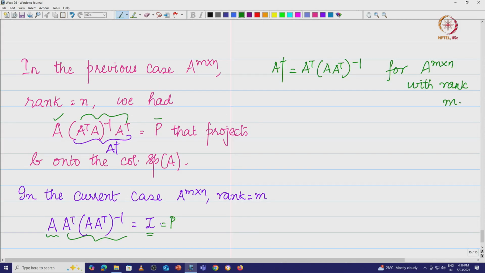This is basically the case where we have insufficient data, but more variables. So, if that is the case, then the pseudo inverse looks like this. When you have more data, that means all the columns of the data matrix are linearly independent, then you have the pseudo inverse to be A transpose A the whole inverse into A transpose, otherwise this is going to be the case.